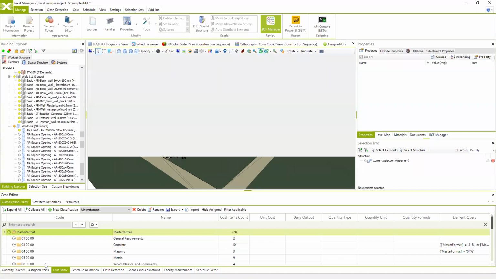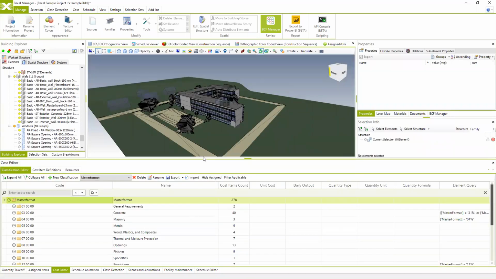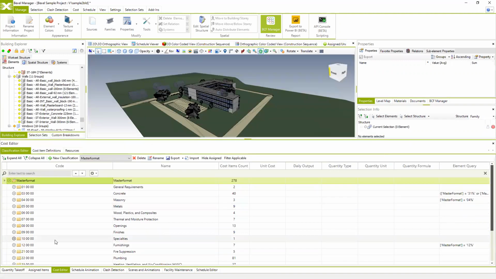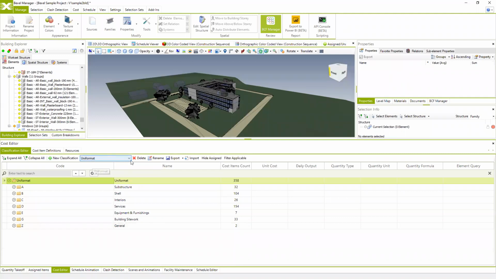When you hit Cost Editor, you're going to get the window presenting the cost classification, and these are some already populated, already loaded cost classification systems in this demo sample model. We have MasterFormat and UniFormat classification loaded, and this is the place where you can select which classification system you want to use on your BIM project. You can, of course, create different new classification systems in different languages,